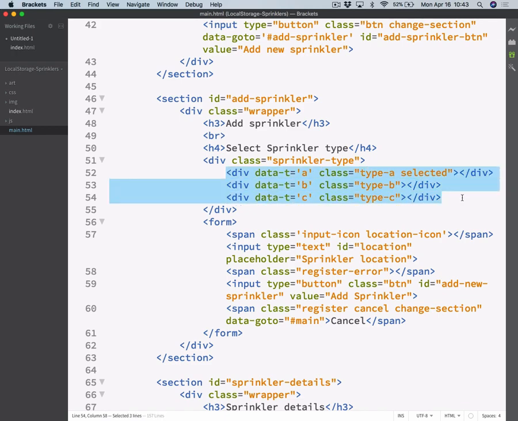Those divs are this one. I have a class sprinkler type, and then inside there I have some divs with a display inline block to make them kind of float or be there side by side. Okay? And then I have some classes, and let me talk a little bit about these classes,